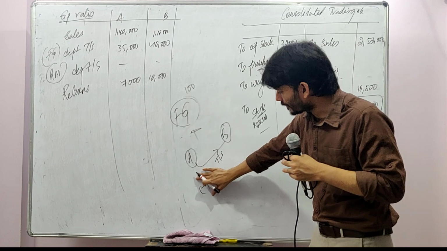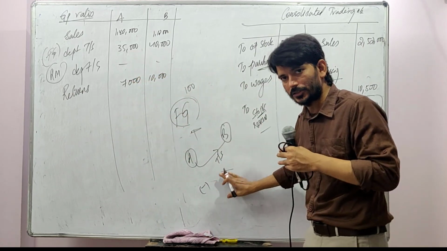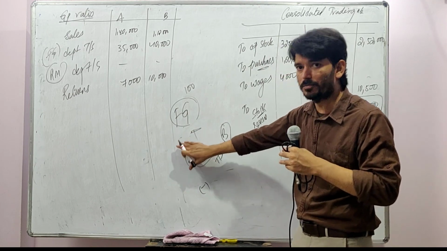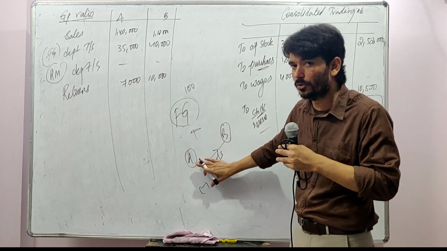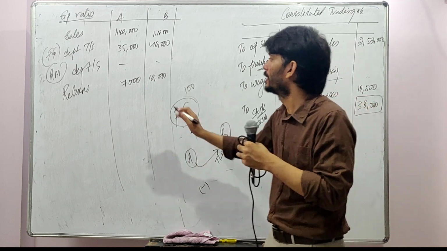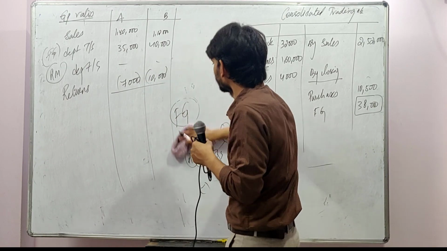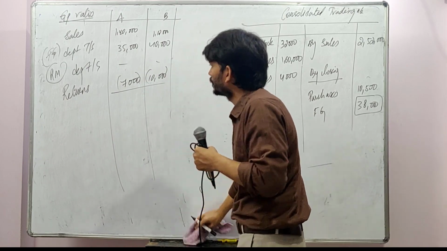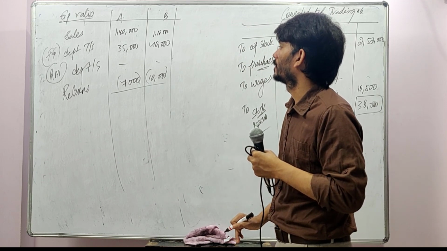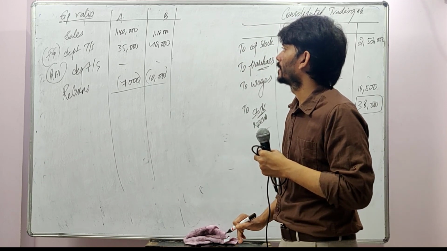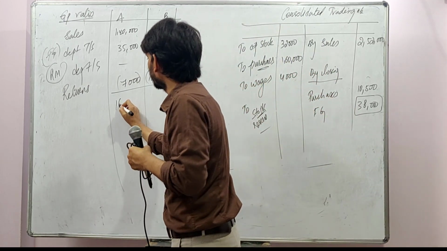So now when you are taking the transfers, you take 35,000, and when you are deducting the returns, don't deduct the returns that A is making to B, but deduct the returns that B is making to A. So you are thinking from B's point of view. So 7,000, 8,000, and now see how much you are getting. 28, 168. So this is effective 168.